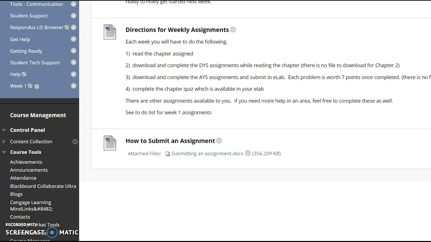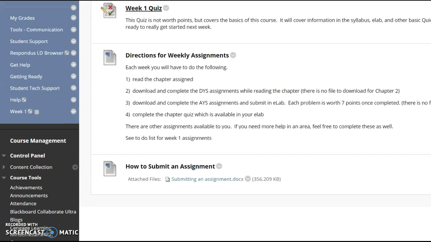The only homework assignments you're graded on are these AYS assignments, or Apply Your Skills. This is what you will submit in eLab, and each assignment is worth 7 points. Then you'll have to do those chapter quizzes. So let me walk you through